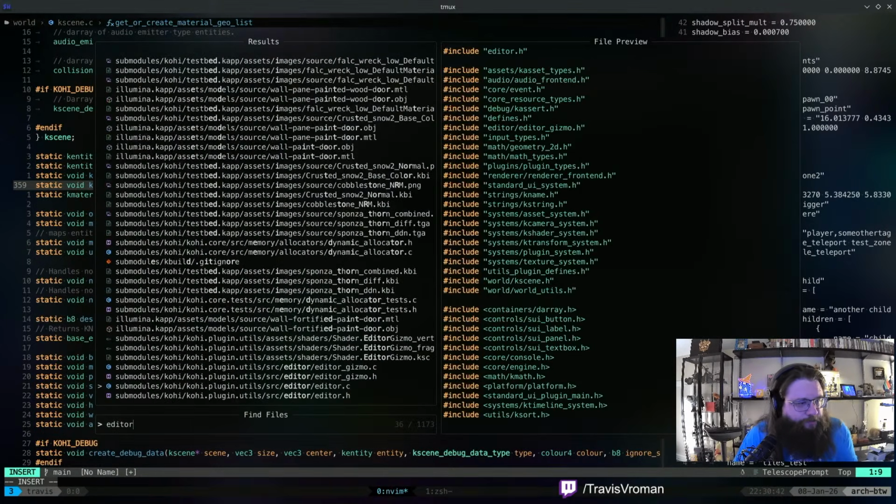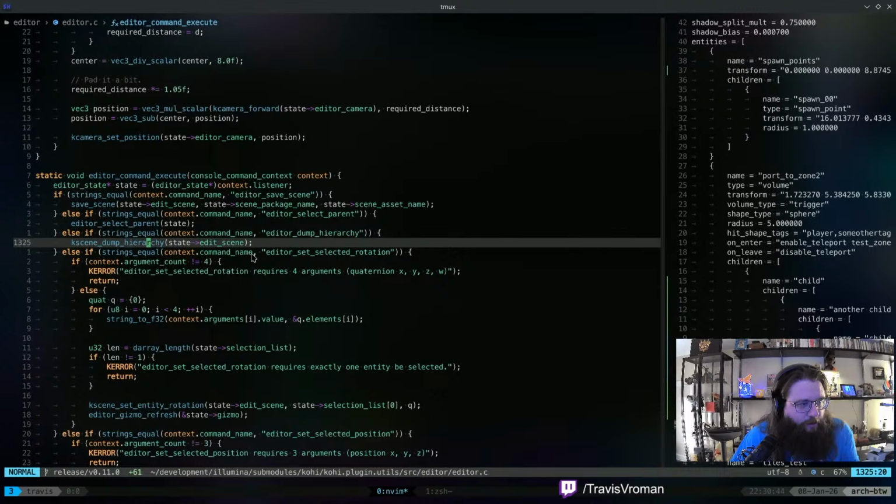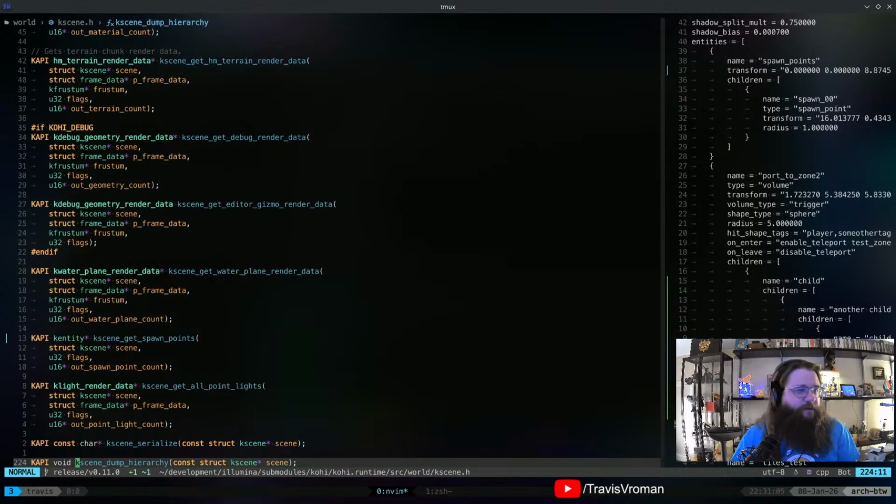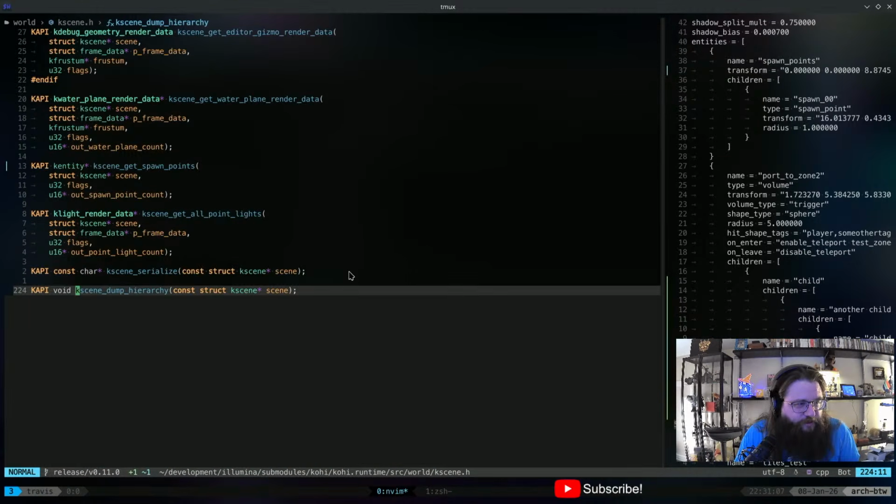Editor. Oh, you know what? Now I think about it, I don't think we actually have a way to return that kind of hierarchical data from the scene. So we're actually going to have to add that first, because this just prints it to the console.